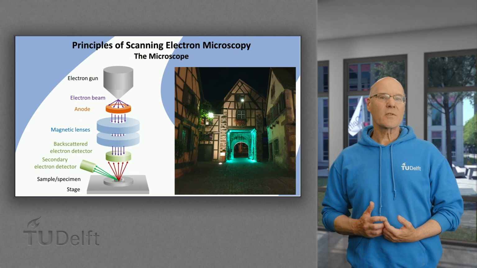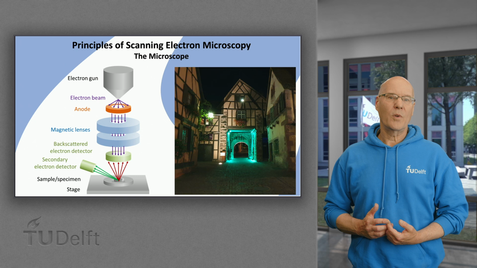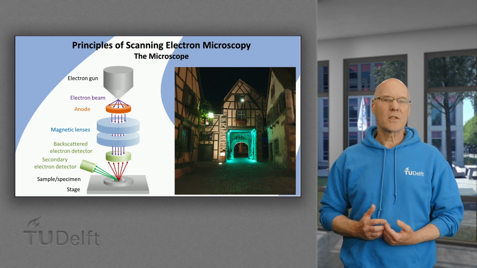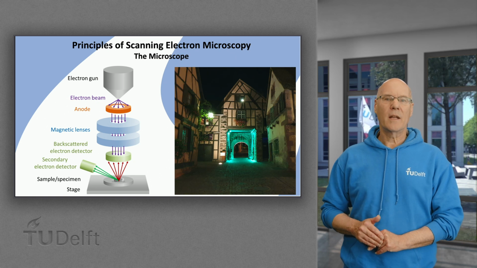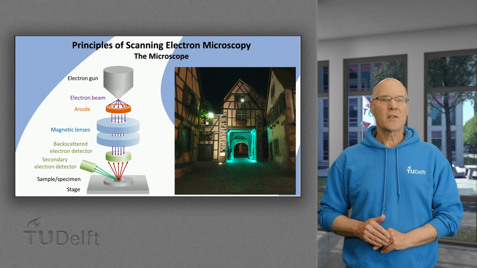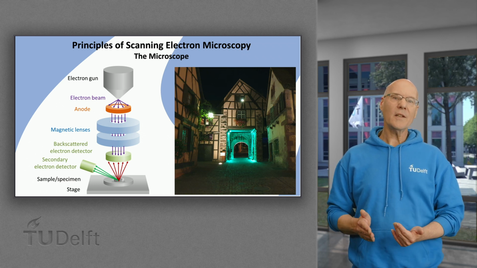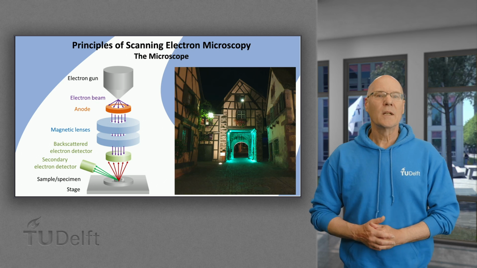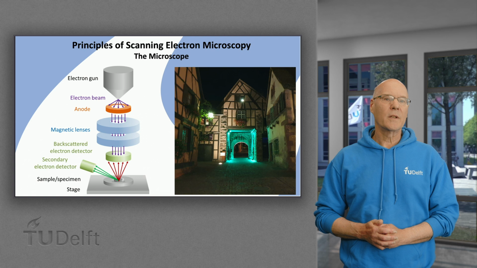It uses electrons generated by a gun, and the beam of electrons will thus be focused via several lenses towards the surface of the sample. The electron beam then will interact with matter of the sample to generate secondary and backscattered electrons. In addition, other radiation, such as X-rays, may be developed.